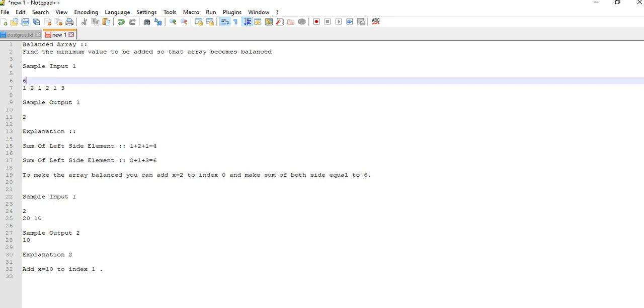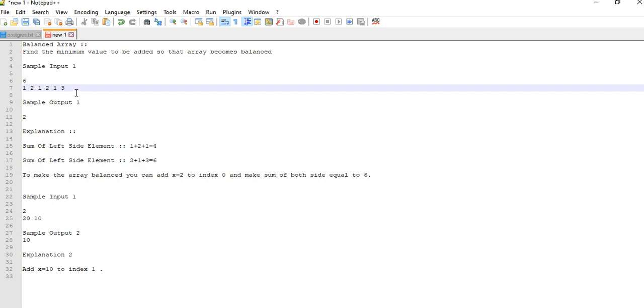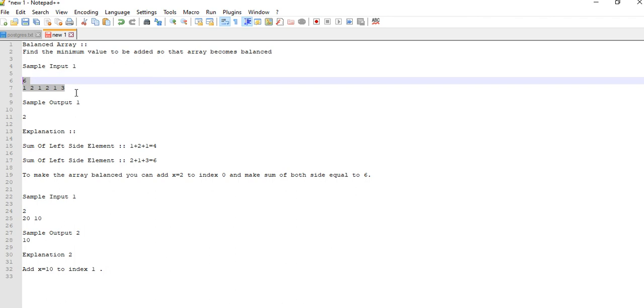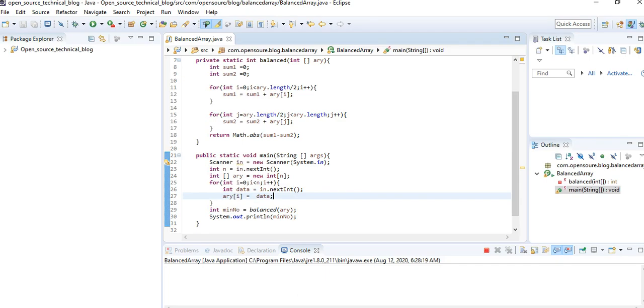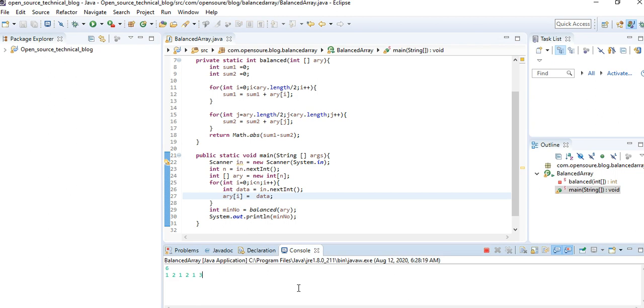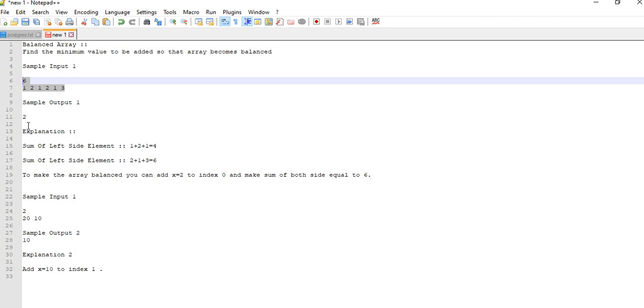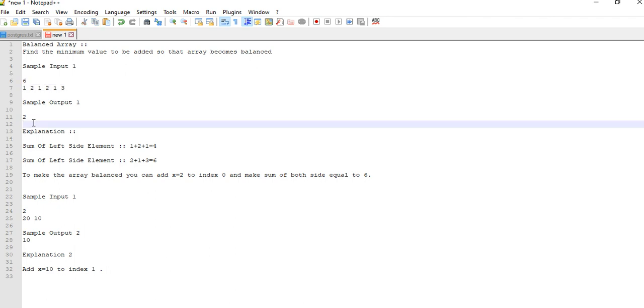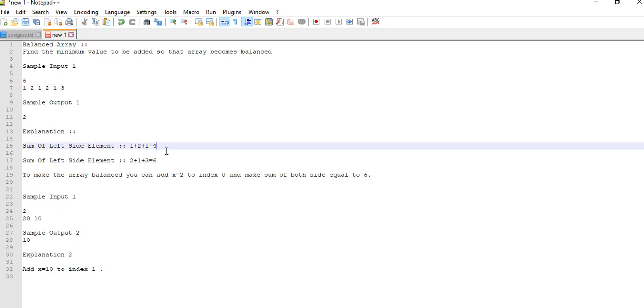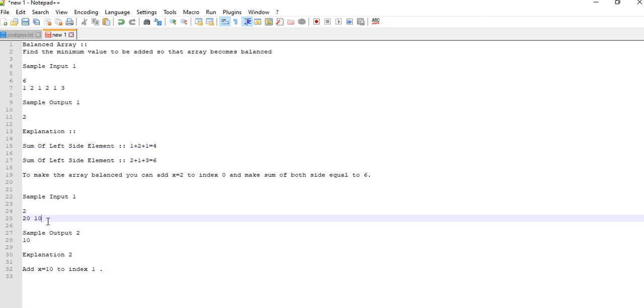Let me add this as input only. Yes, you can see we got the output is 2. The output is 2 because here we need to add the number 2 over here. You can check for this as well.